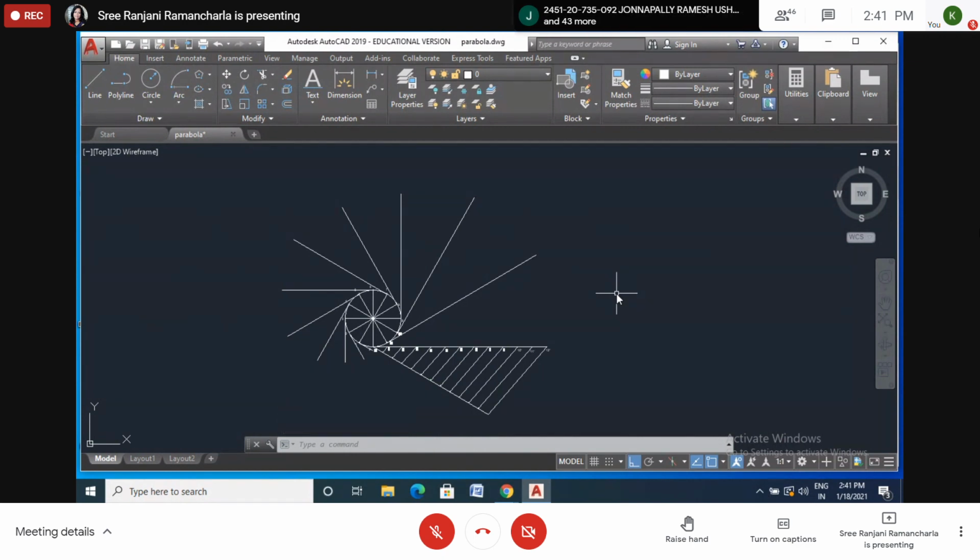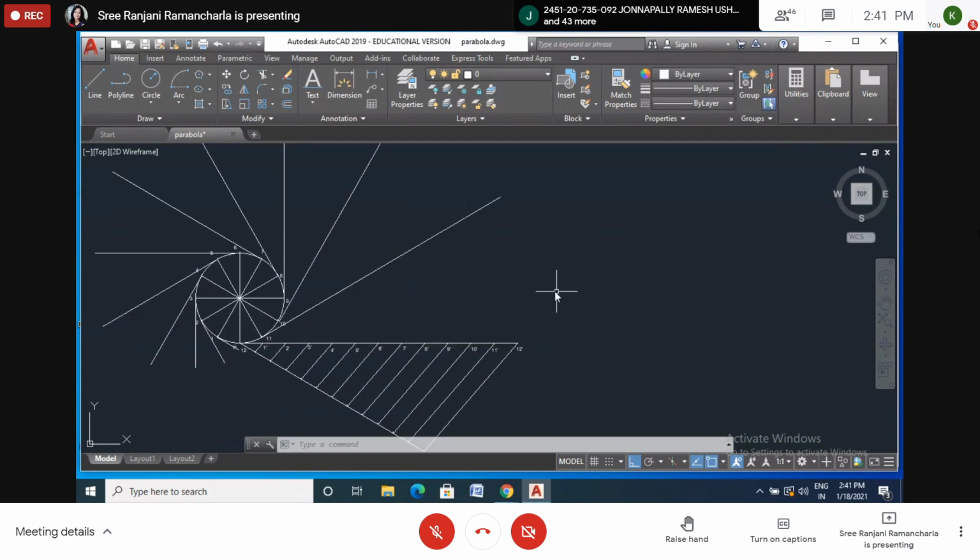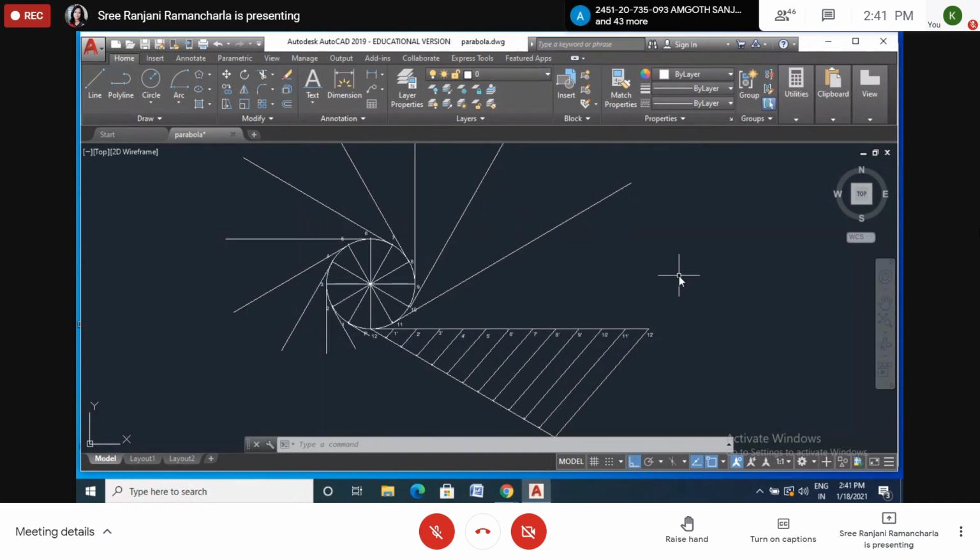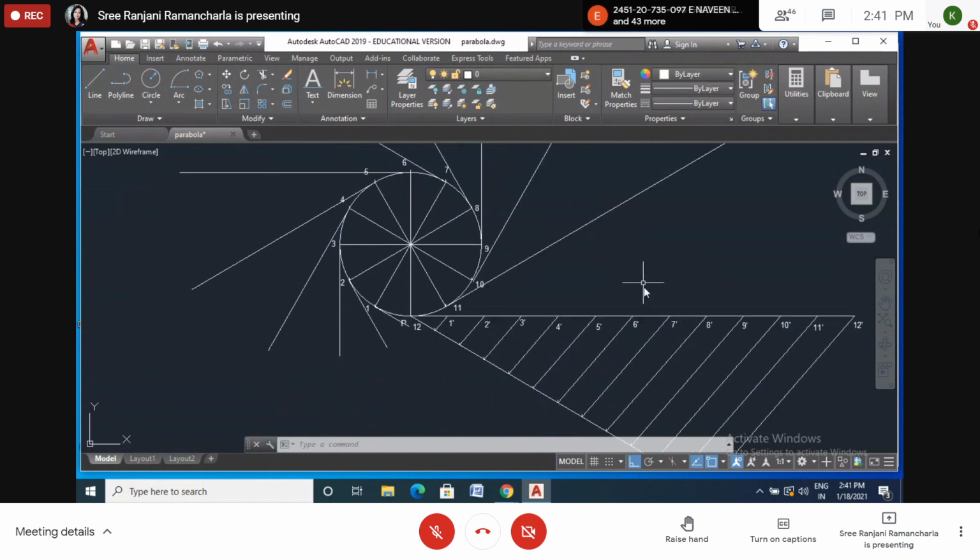Now, after drawing approximately perpendicular lines to all the lines, what you have to do is take the compass and measure this length with the compass. P as a center, P1 dash is the radius. Then 1 as a center, mark it on the line which I have drawn the perpendicular lines.